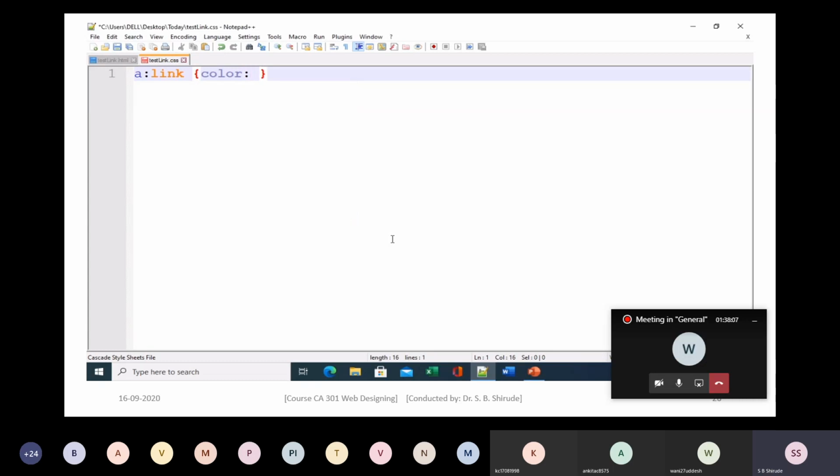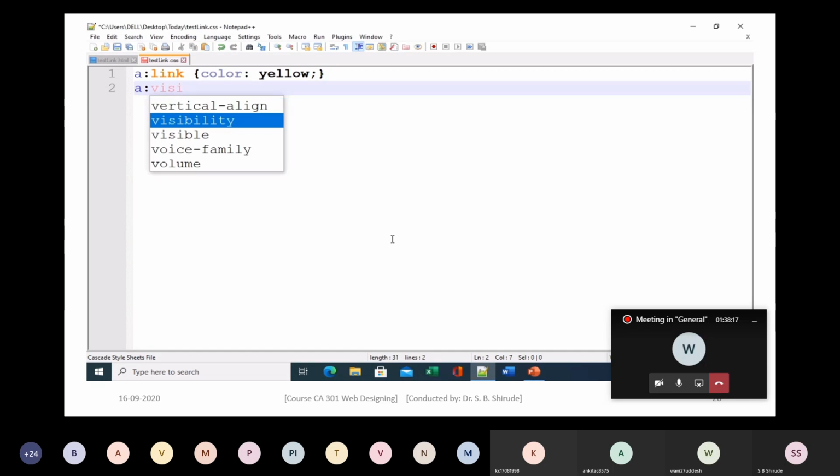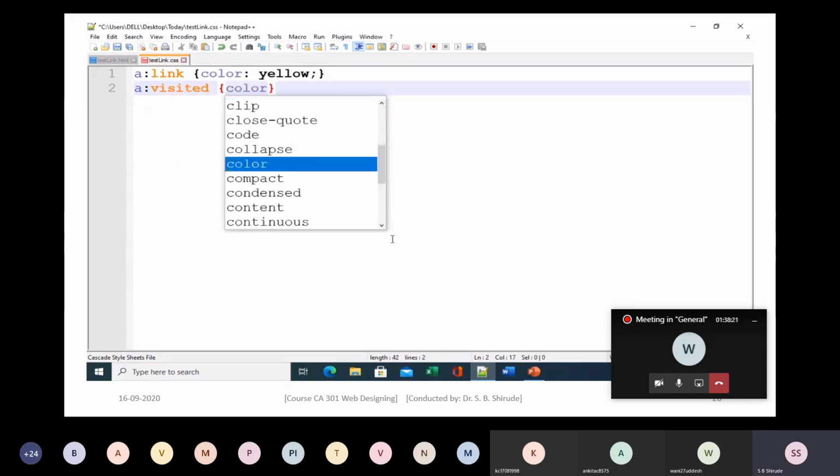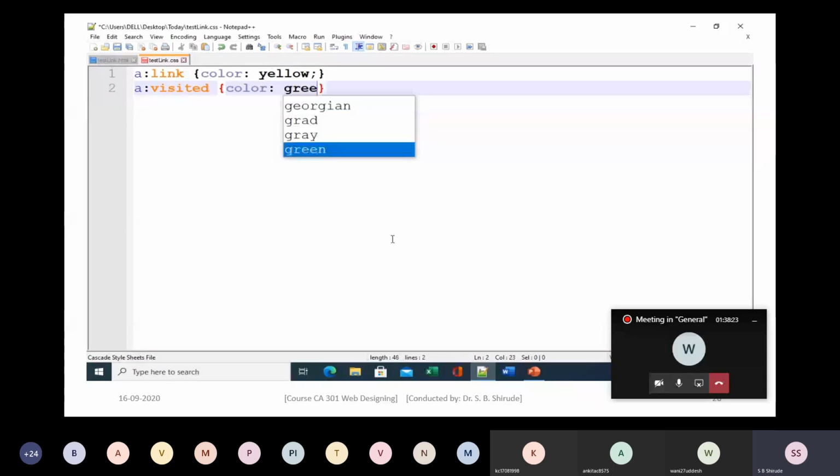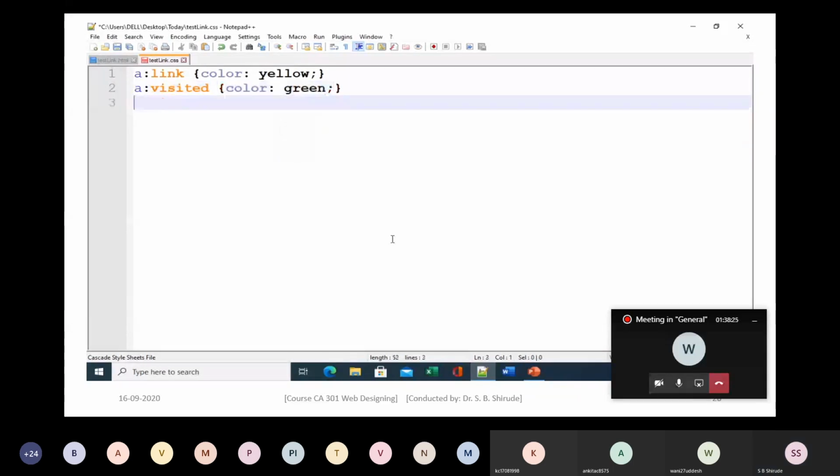So unvisited links. For color, I will not keep them blue by default; I will change the color to yellow. And then a:visited links, we will put them into the color green. Okay, so let us change the default values.